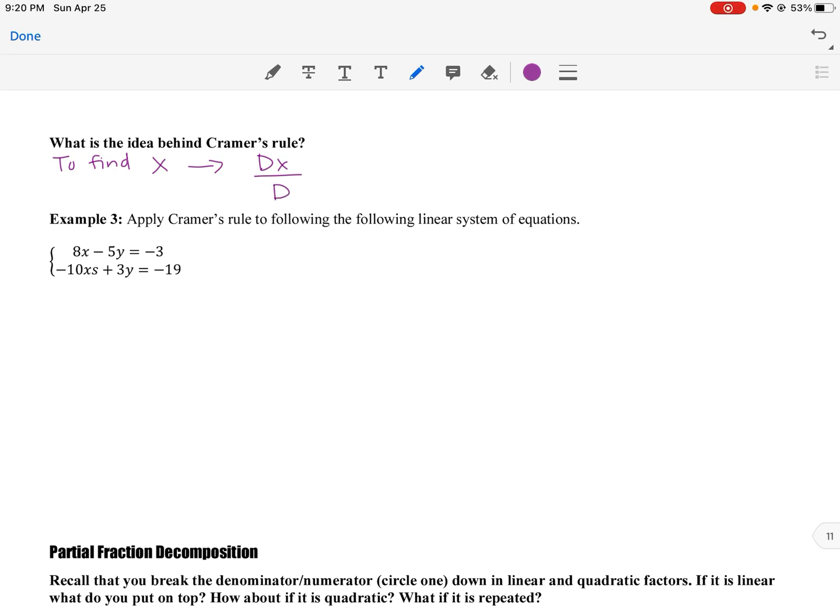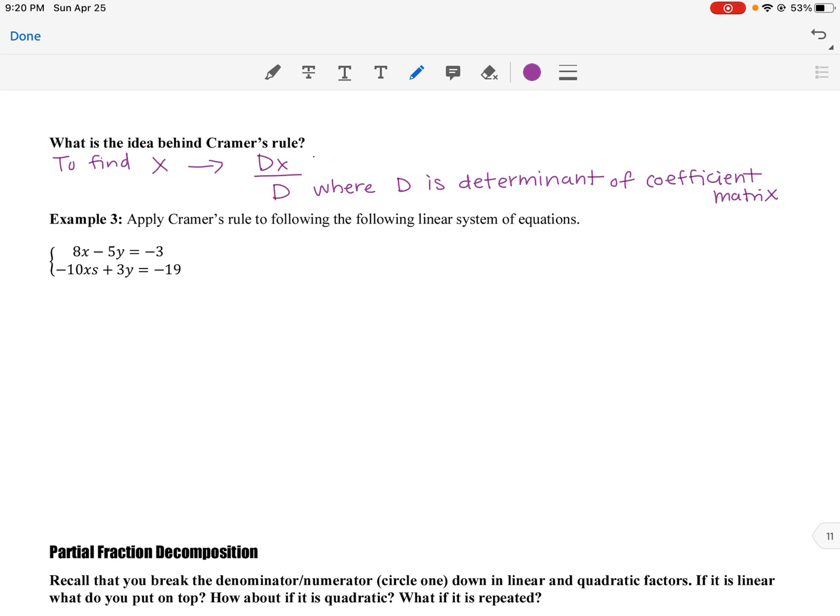Just d. Where d is the determinant of the coefficient matrix and d of x